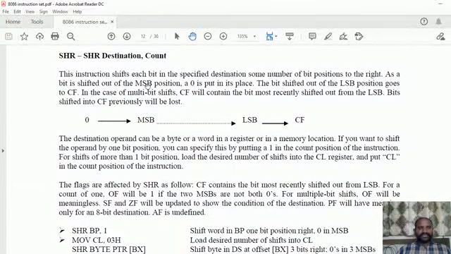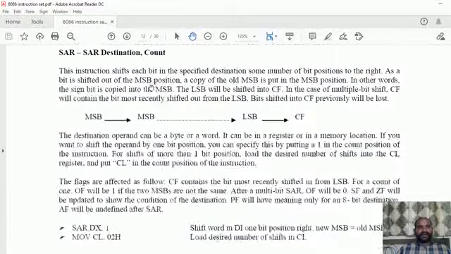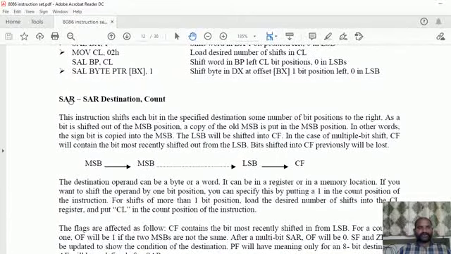Okay, this is a shift right operation. Now we are having one more shift right operation, SAR. This one is quite opposite to the previous SHR. SHR is performing the right shift operation, and the MSB is filled with 0. But in this case, the MSB is going to be retained, but it is shifting the content of the destination to the right side on every count value. So what I mean to say, let me take this one.